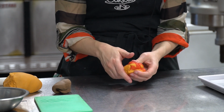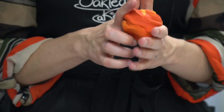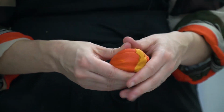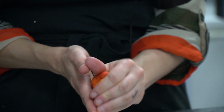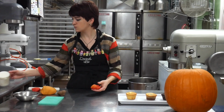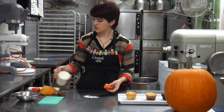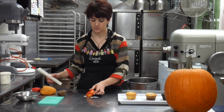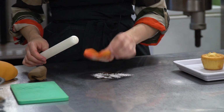You don't want to do it too much because then you'll just get a more reddish orange. If you do it too little, it'll look a little too stripy. So you just have to use your intuition and maybe start off small, and if you mess it up, you can always make another bundle of it. I'm going to lay some cornstarch down, and that allows me to roll out the fondant without it sticking to the table. So now I'm going to roll out this fondant,